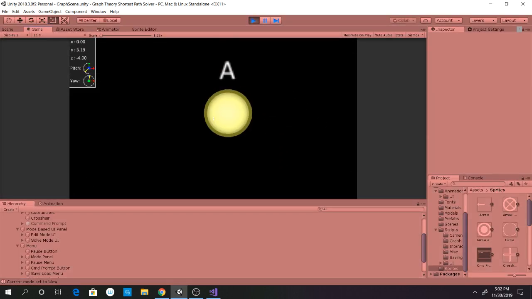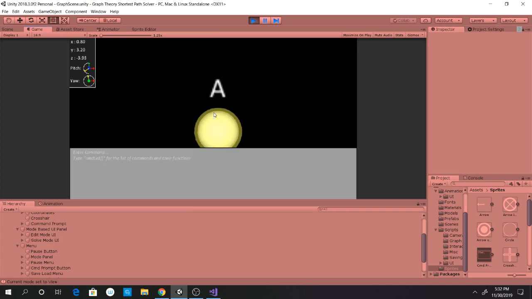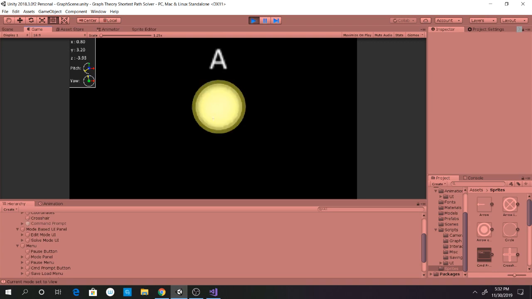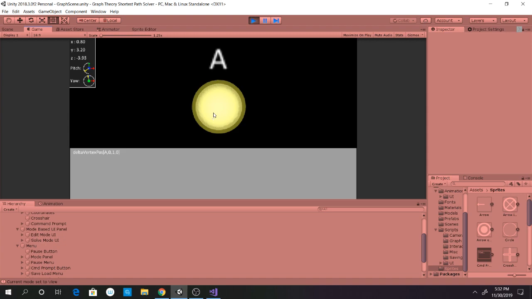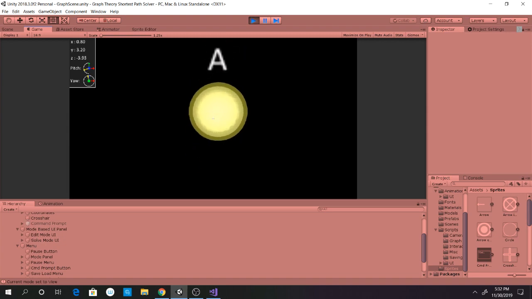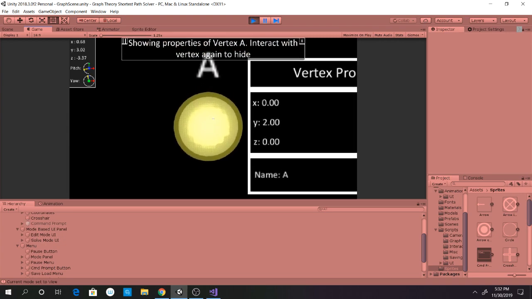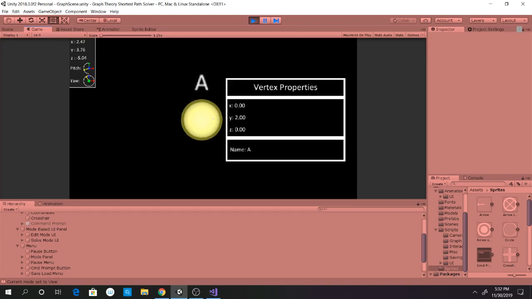So first off, it's probably not going to really change anything if I do it with this guy. So if I do delta vertex position and we do 1, 1, we'll just have it go up by 1. Let's go ahead and call the function again. As you see, it in fact is